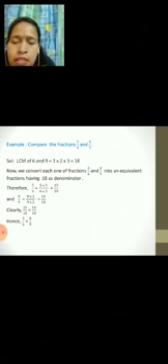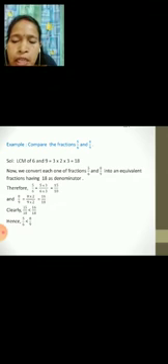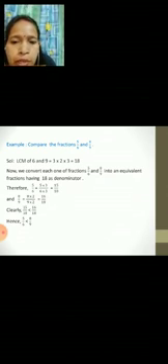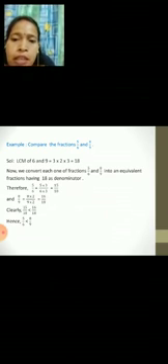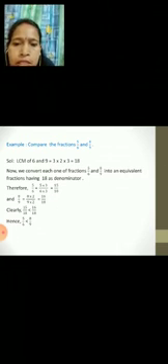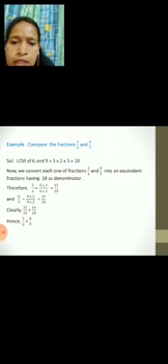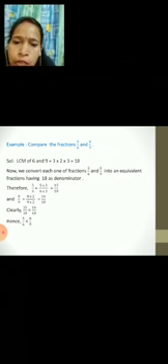So 5 by 6, how much will we multiply? We will multiply 3 in 6, so we will get 18. So it will give you 15 by 18. And next 8 by 9, we will multiply 2 in 9, then we will get 18. So 16 by 18. Now it is easy to compare 15 by 18 and 16 by 18. Which one is more? Obviously 16 by 18 is more. So in the last we will write 5 by 6 is less than 8 by 9.